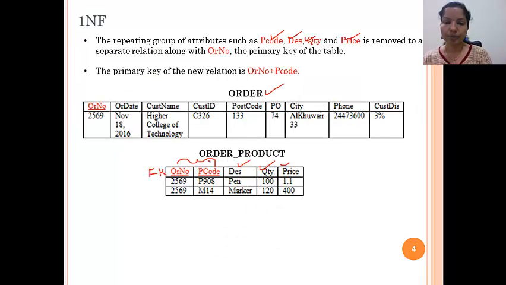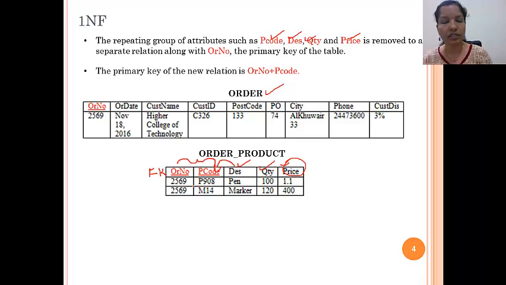Now go to description and price of the product. We know that the description of a product depends only on the product code, not on the order number, because even if it is for a separate order, the description will not change. Also the price depends on the particular product, not on the order, because the price of a product will not change according to different orders.